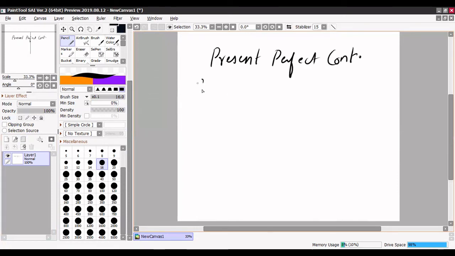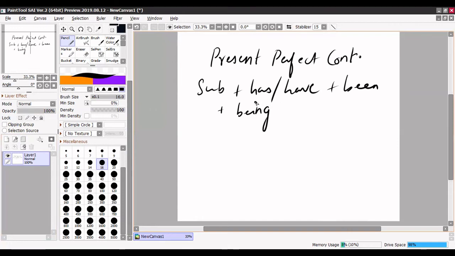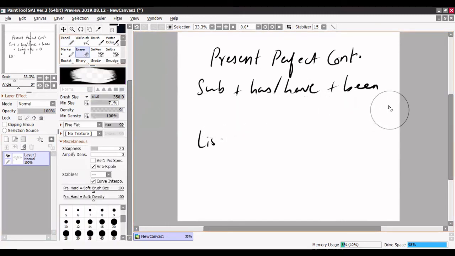The sentence for this can be: Lisa has not been practicing English. Lisa has not been practicing English, and it can just simply shift into the passive, and the formula becomes subject